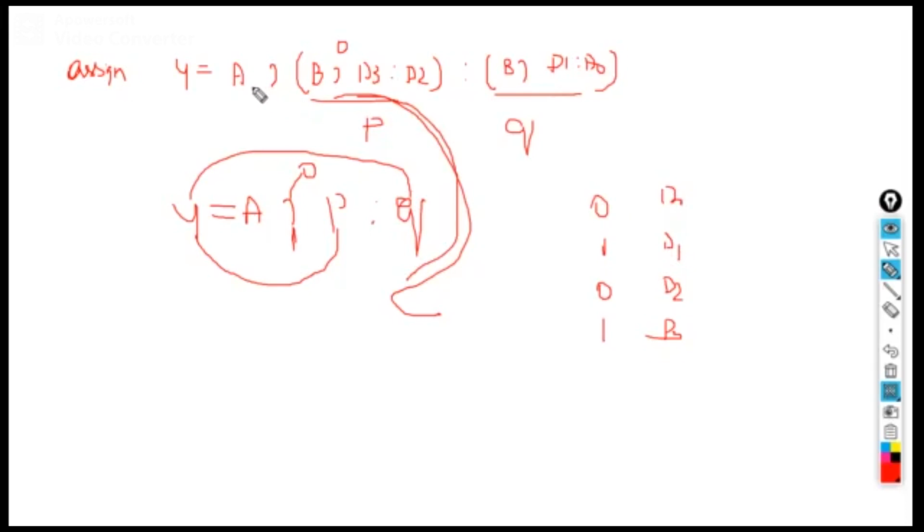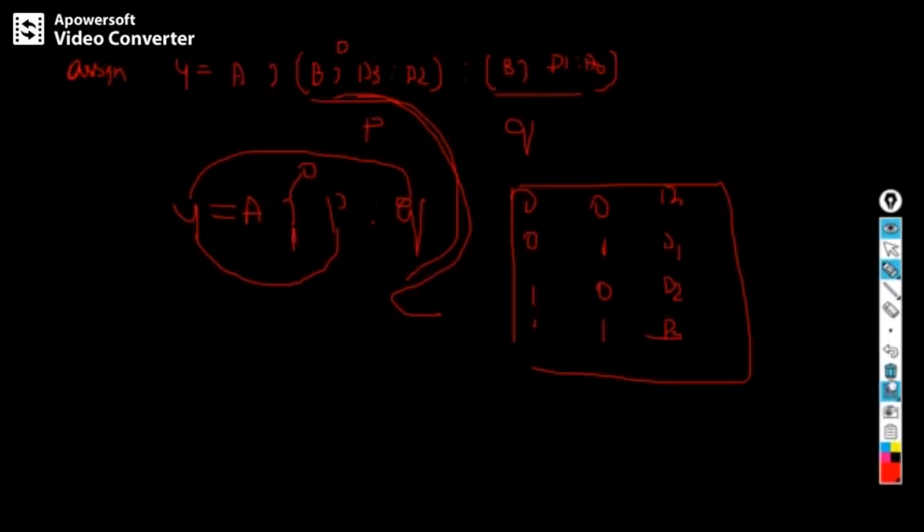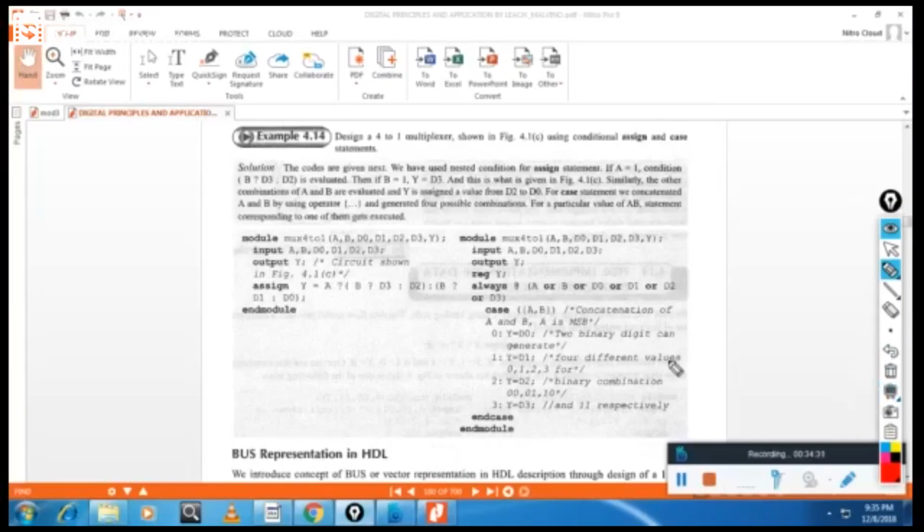Now a can take two values, 0, 0 and 0, 1, 1, 1. This gives 4 combinations. Clear? So you can see here assign single statement is used to implement 4:1 multiplexer.